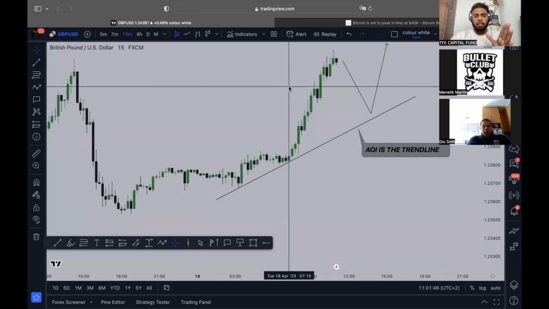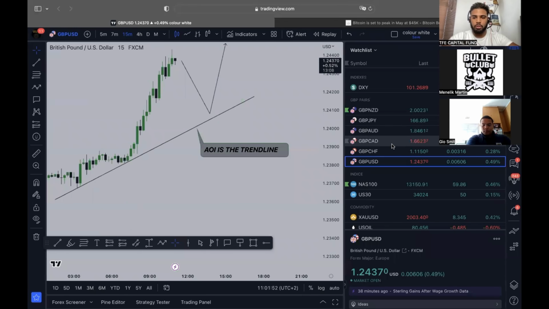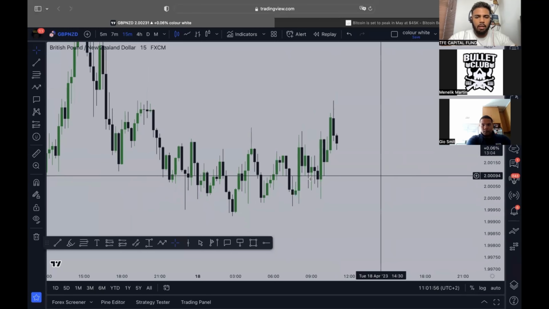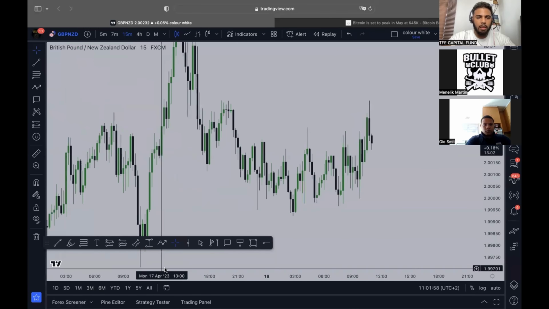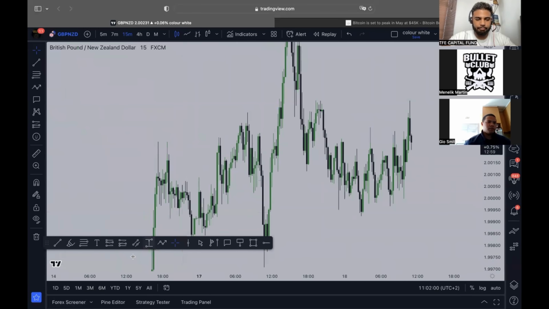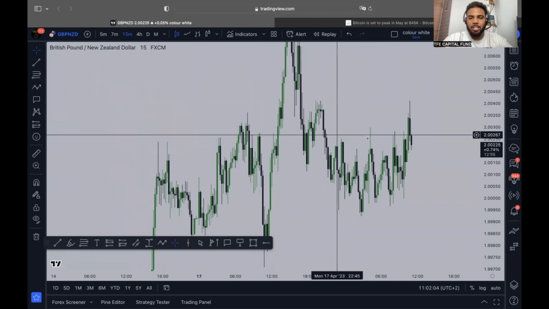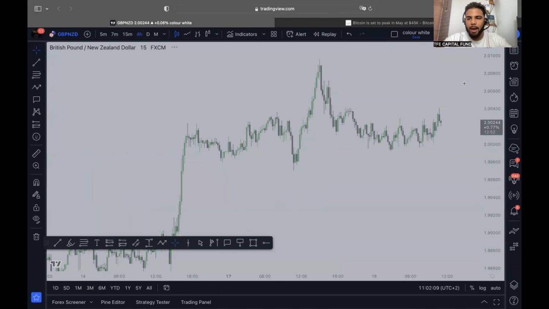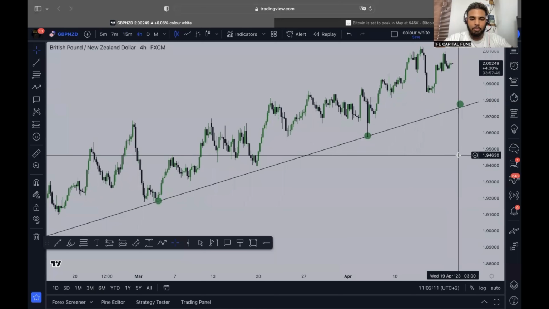Now, I want to teach you something before I move further, or maybe in about the last 10 or 20 minutes of the Zoom, I'll show you the strategy for the pounds. Let's go to GBP NZD. Because it's such a choppy pair, I don't trade it for the day. I will honestly not trade it for the day. So back to the higher time frame for you guys.